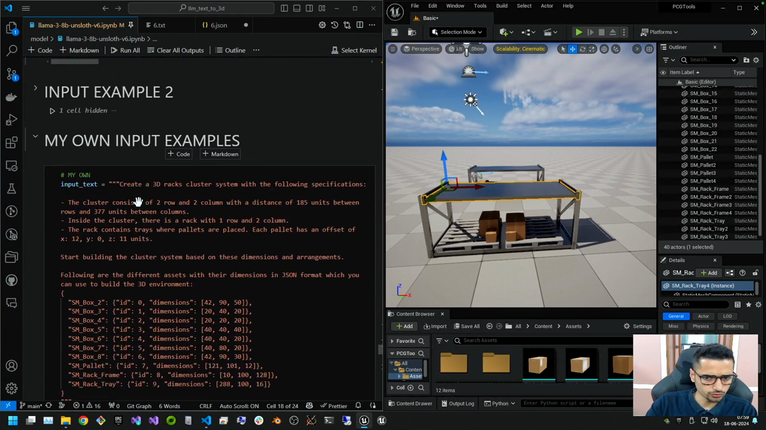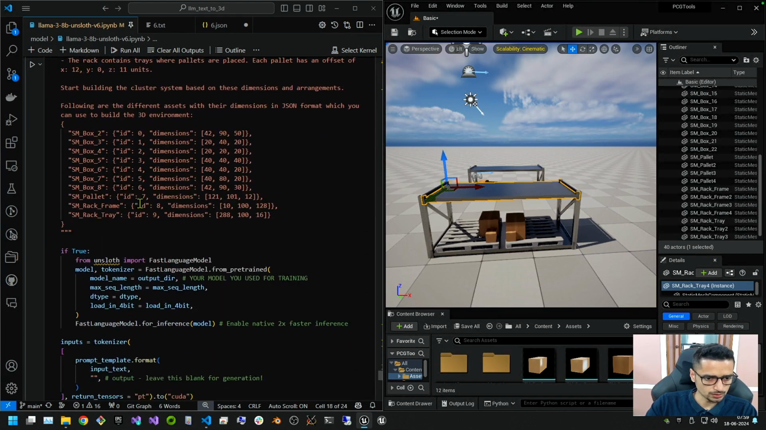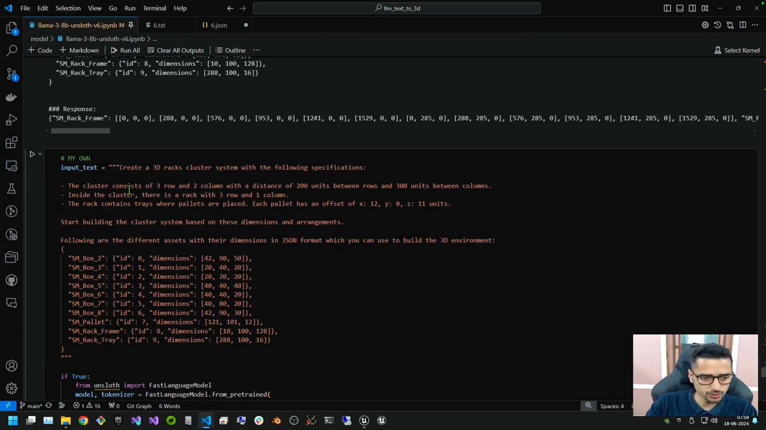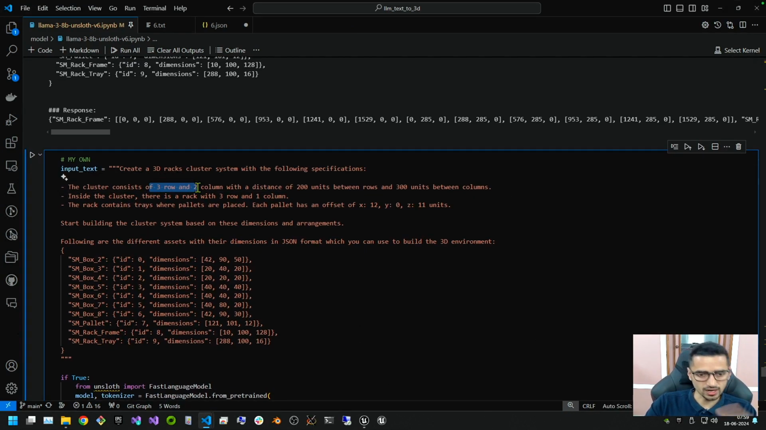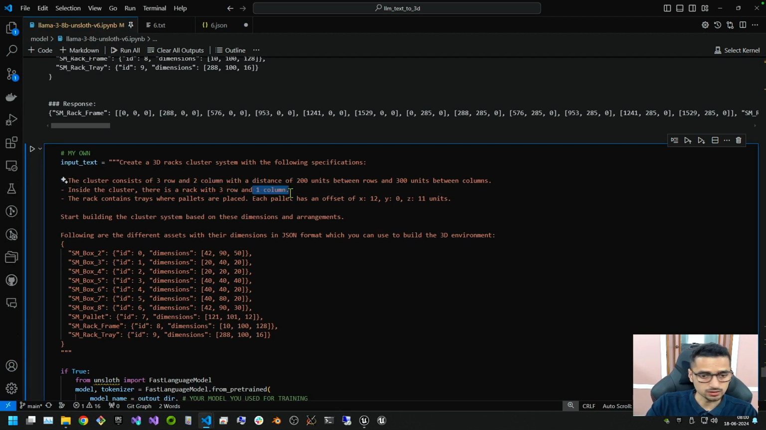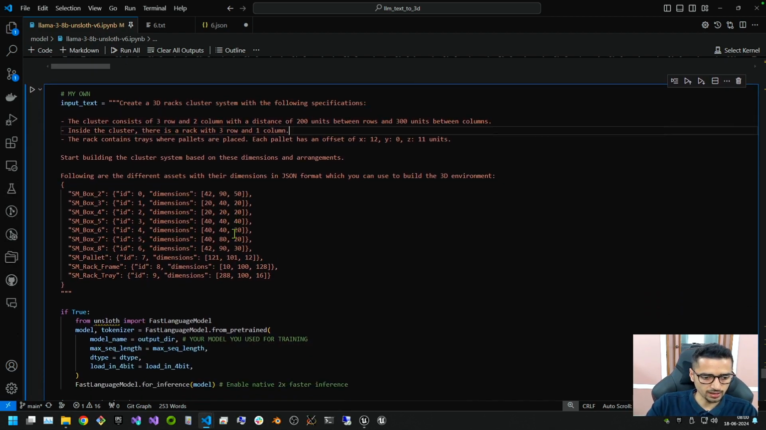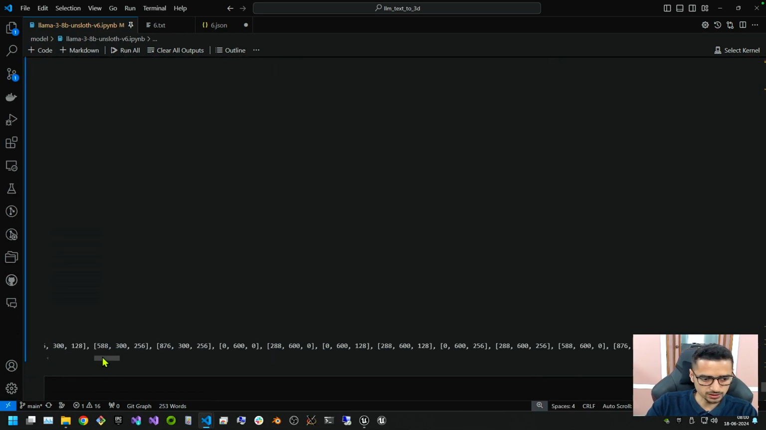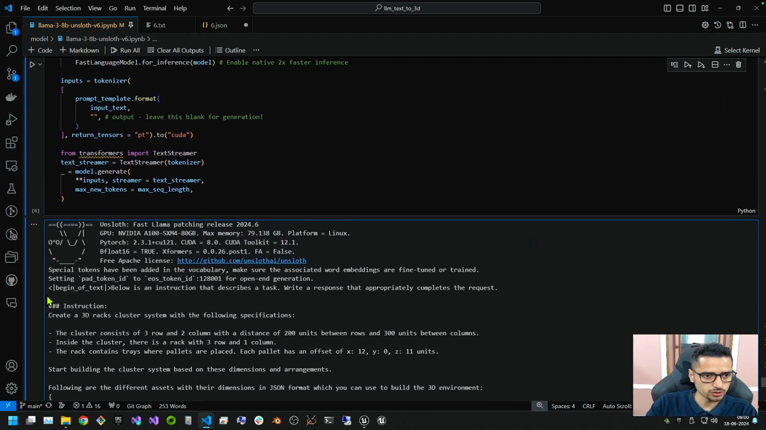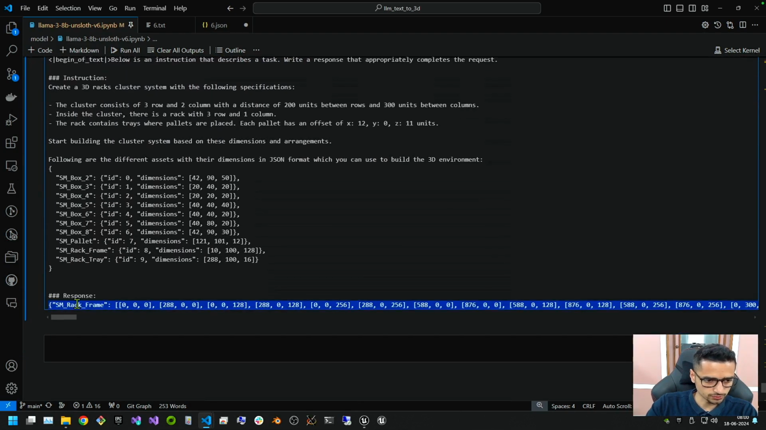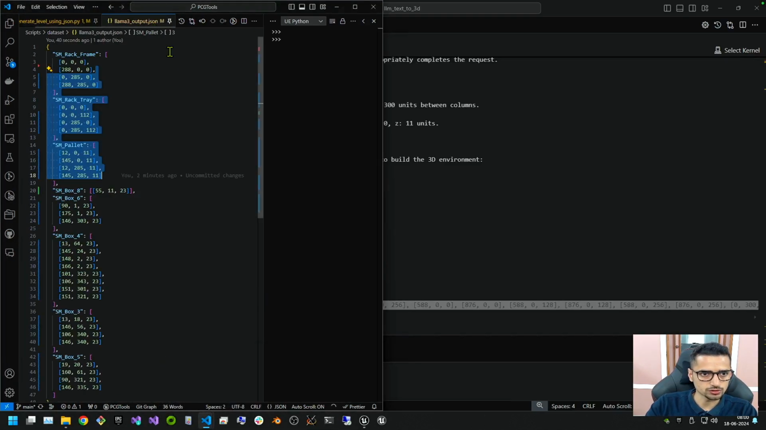Now let's move to another example, a bigger one, to understand how it is working. This particular example is a big one. It has 3 rows of rack clusters and 2 columns of rack clusters, and every rack is going to have 3 rows and 1 column. When I ran that, I was able to get some output in this form. Here we see there's a big JSON this time, and the bigger the output, the more time it takes. I think this one took around 10 minutes to generate since it was a bigger output. So I'll copy this one and paste it in the output JSON